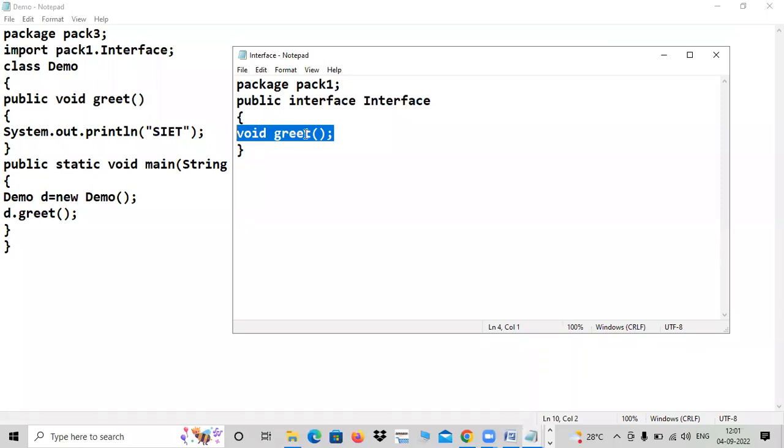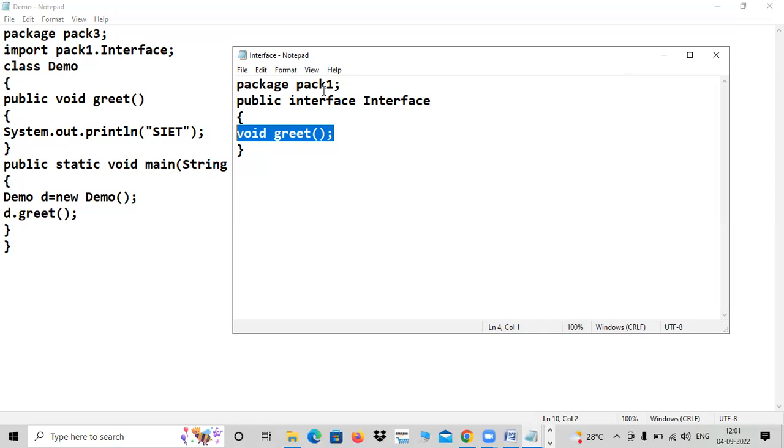Okay, you can have default methods also. Once you come back from your exam, I will discuss that. A default method and a static method, both can be there in an interface. After version 1.8, they changed strategy. I will discuss that. Don't worry. So this is the interface, very simple.